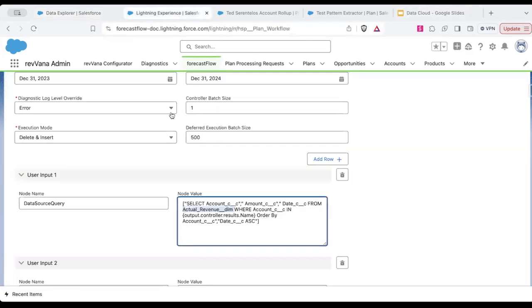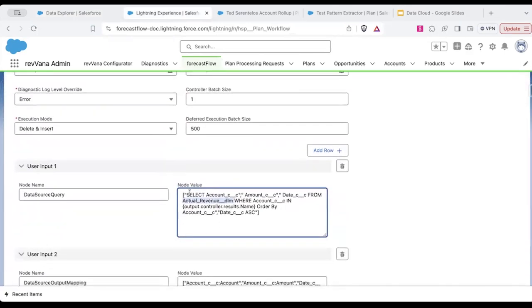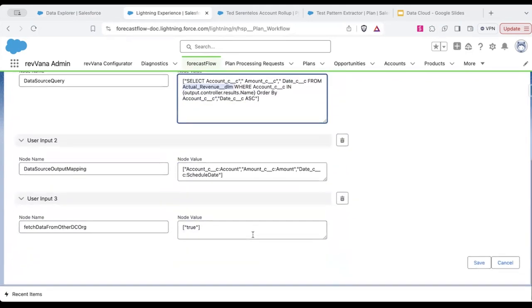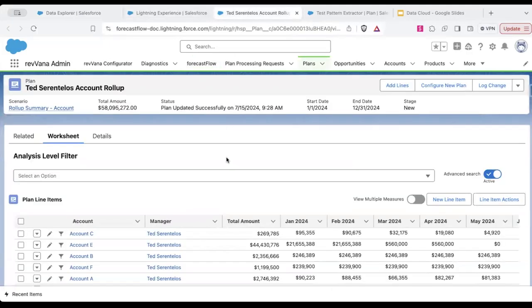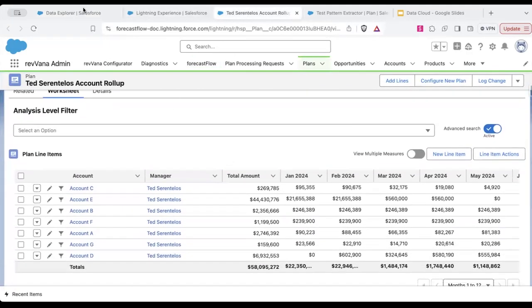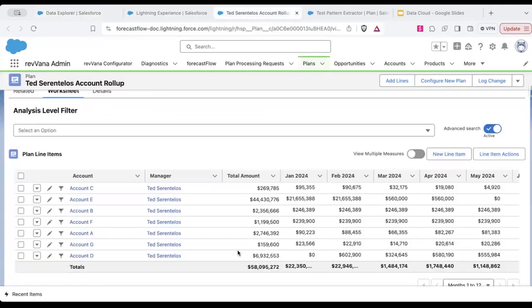revVana has the ability to query directly things in Data Cloud. So you can see we have a query that's going to look at this actual revenue data lake object, to then build out what we call a revVana plan of that. And the revVana plan looks like this. We organize the data that's in the Data Cloud into an easy to read, organizable, what we call a plan